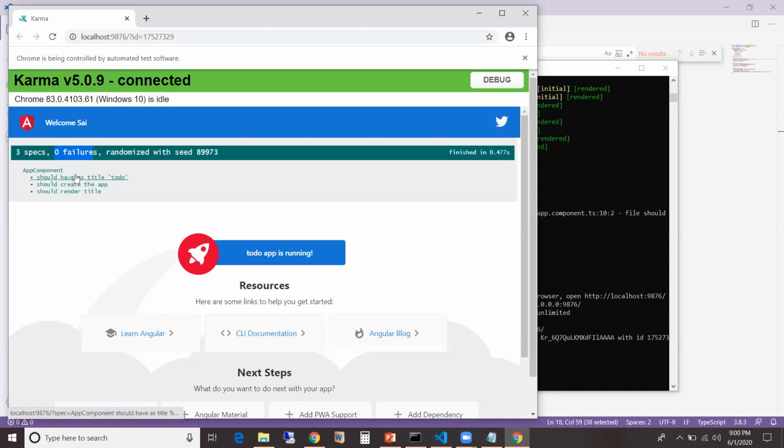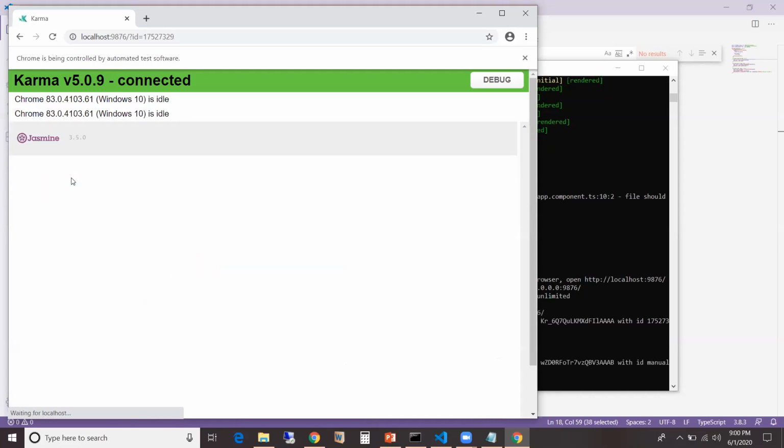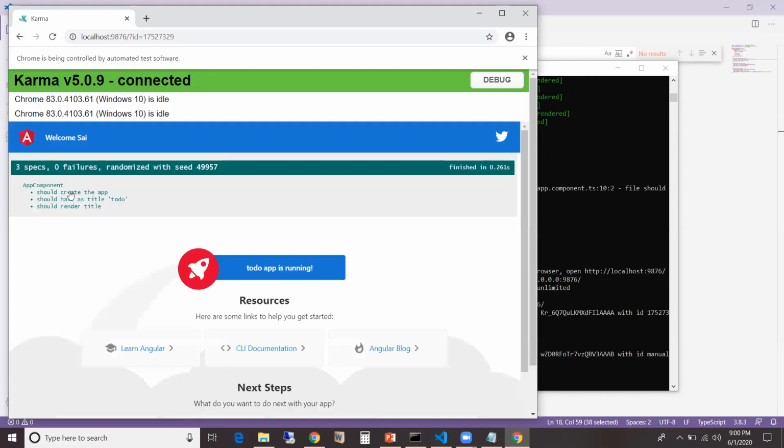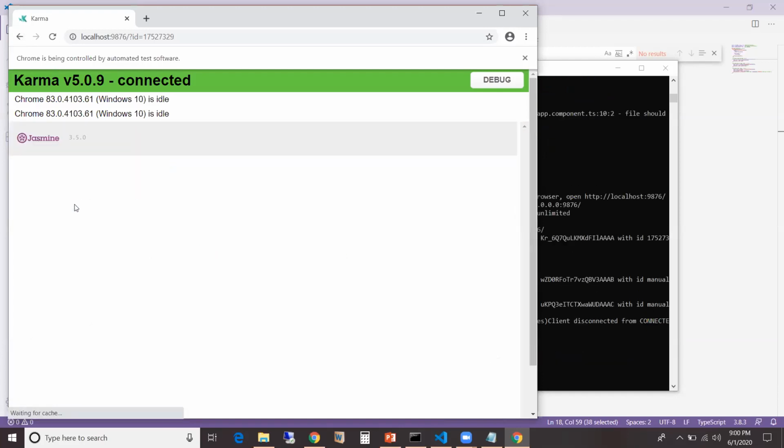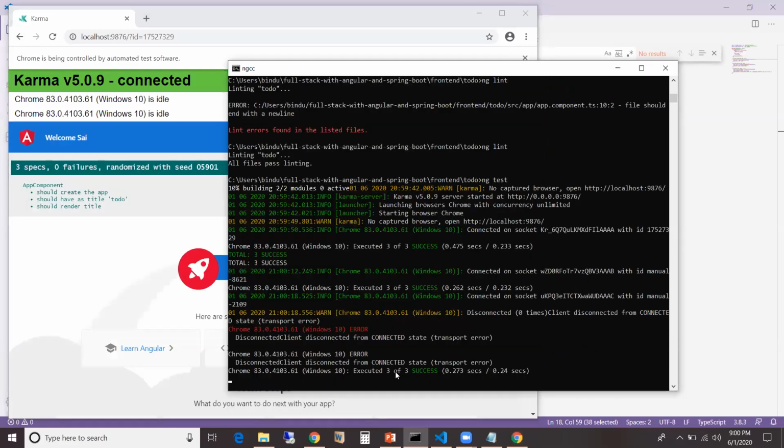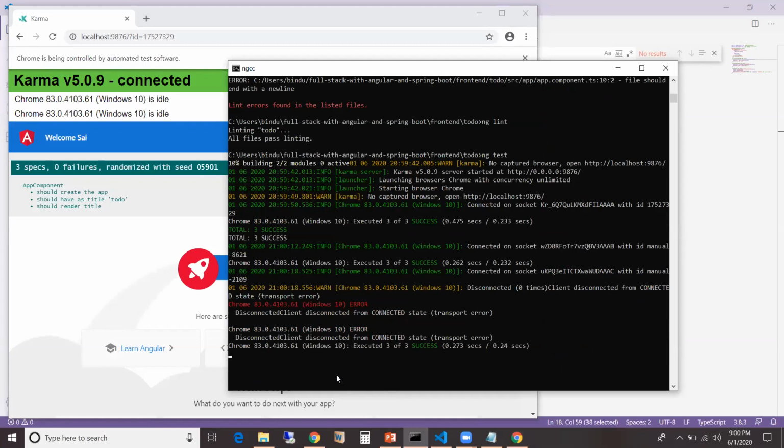And I think we can run the separate tests by clicking on these 3 links. They indicate 3 separate unit tests. So I think we can run individual tests like that. So running of the unit tests is complete, and we executed 3 out of 3 successfully.